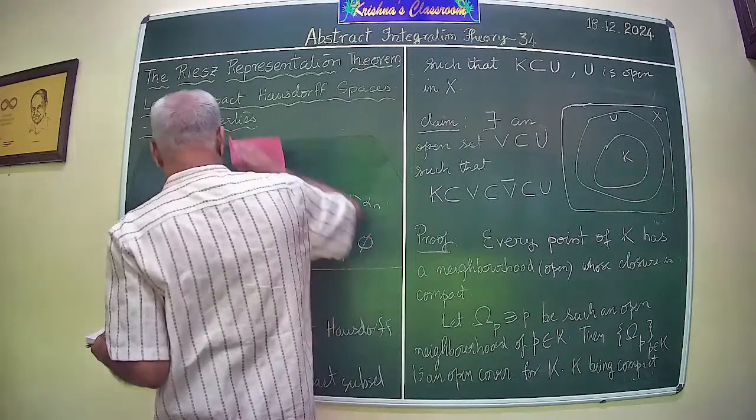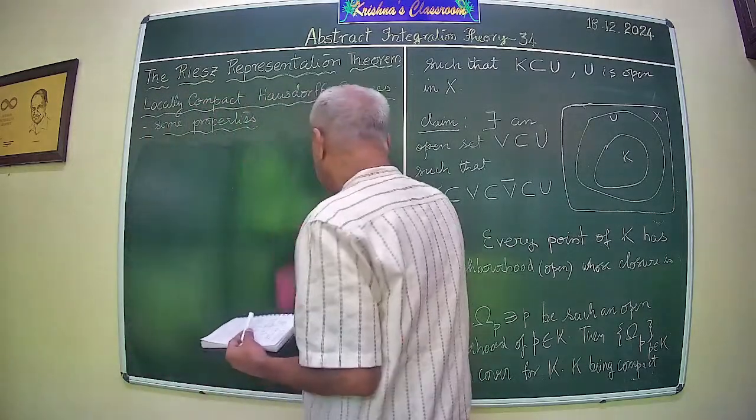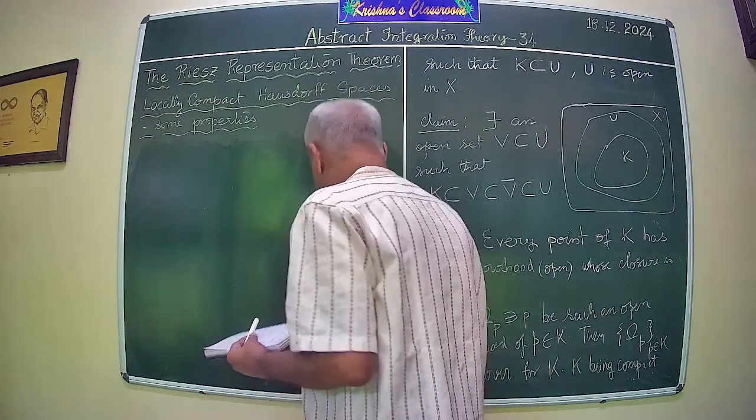There exists a finite collection of points p1, p2, etc., pn such that